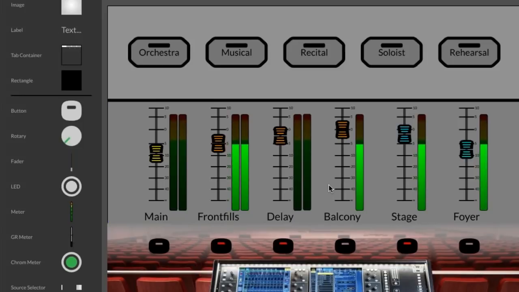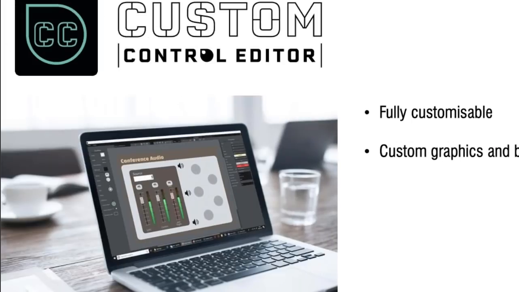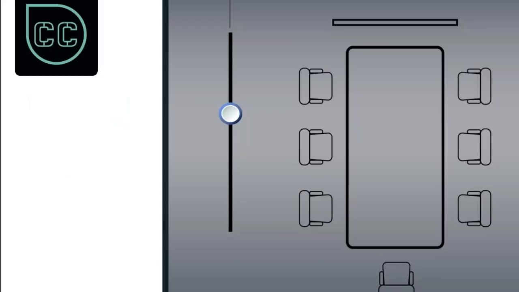All right, so if we go back to the presentation for a second, just to show you some other examples of typical scenarios where custom control might be very, very useful indeed. This is our meeting room in a corporate setting, and you can see I have very basic level control for the audio. Once again, some preset buttons, so I can go from a video call configuration to our remote video